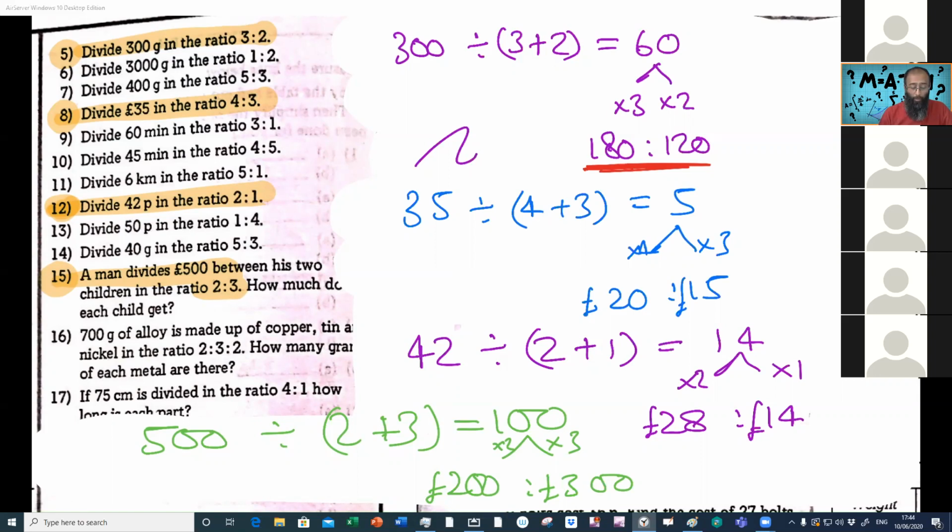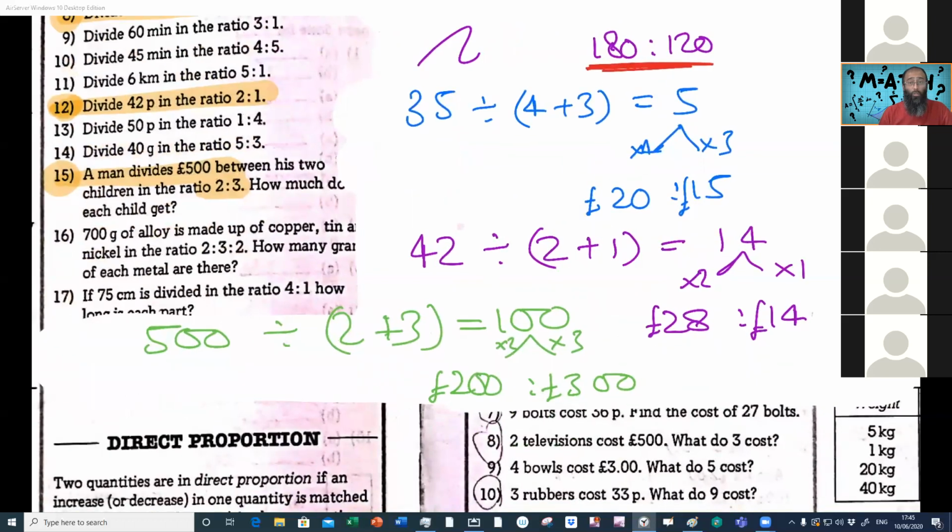That's your check. If we look at the next question, 42, we have to divide it in the ratio of 2 to 1. So we do 42 divided by